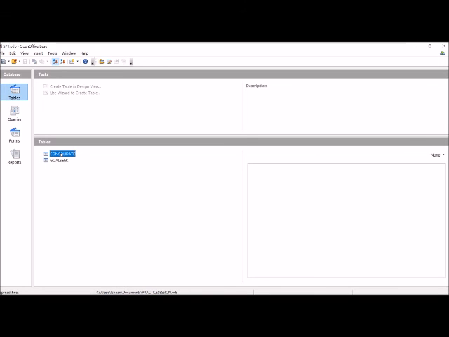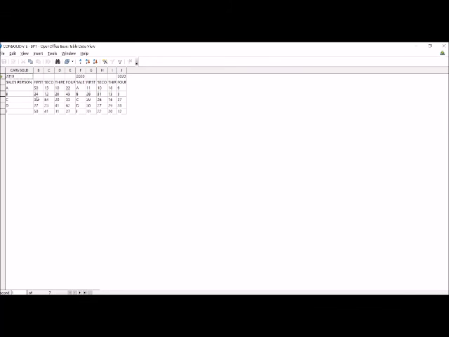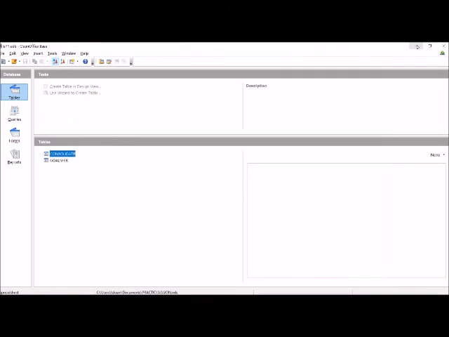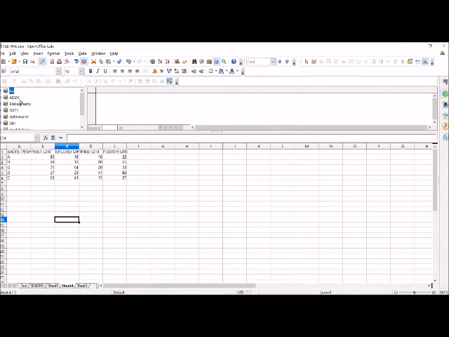Suppose I select this consolidate table, then this consolidate table is opened here, and suppose I close it here, and here I saved that spreadsheet with the name SP1. In this I can see the tables. The tables are consolidate.